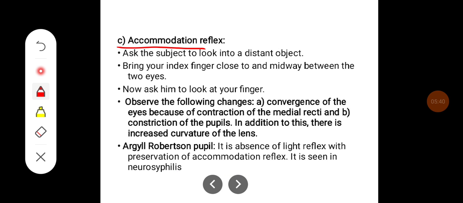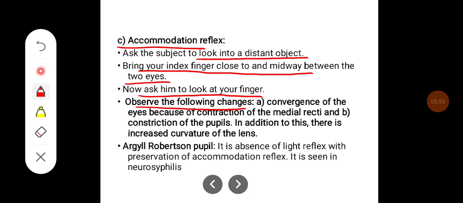Then accommodation reflex. Ask the subject to look into a distant object. Then bring your index finger close to and midway between the two eyes. Now ask him to look at your finger. Observe the following changes. You observe there will be convergence of the eyeballs because of the contraction of the medial recti, and there will be constriction of the pupil. In addition to this, there is increased curvature of the lens. You can observe the convergence of the eyeball and the constriction of the pupil, but the increase in the curvature of the lens can be observed by using